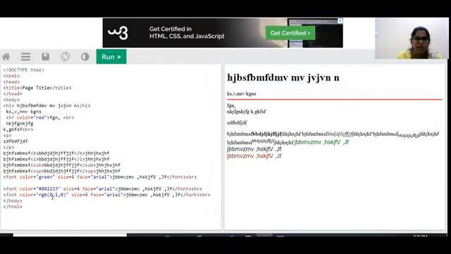So as we have already discussed, if you want to give a complete background color or complete text to be in some color, then we need to give those colors in the body tag itself. So we use the text attribute to color the complete text of your document.